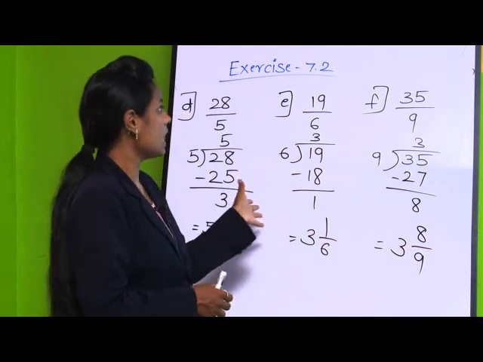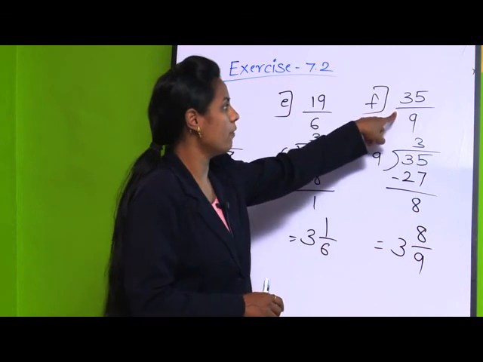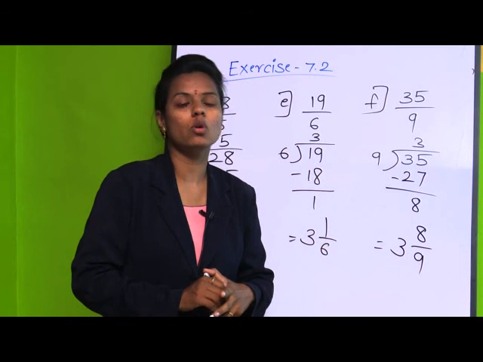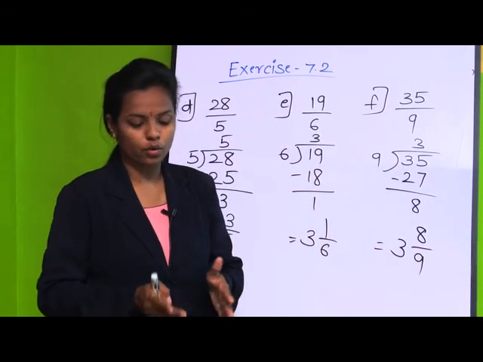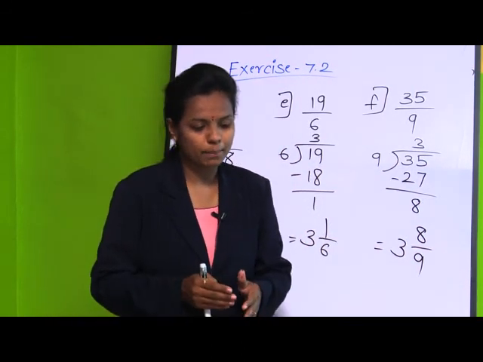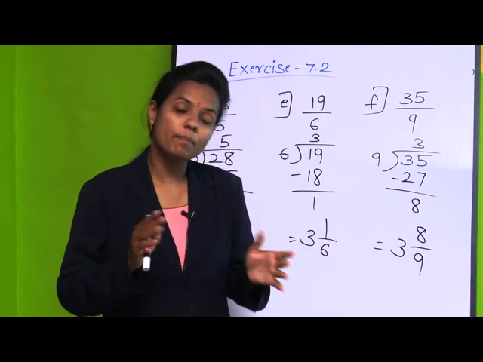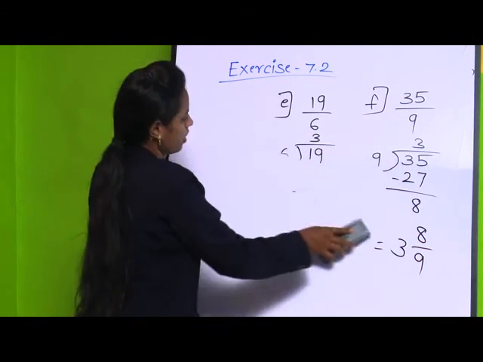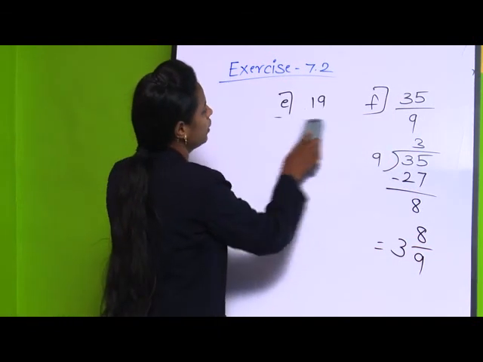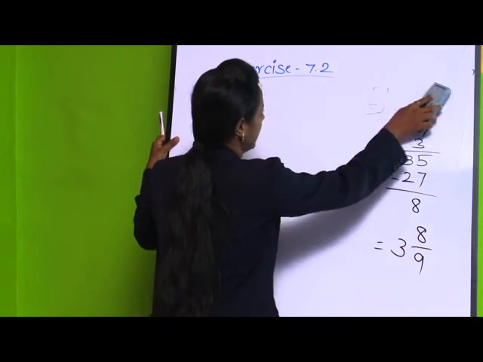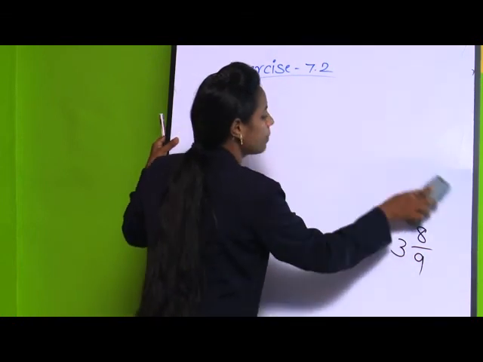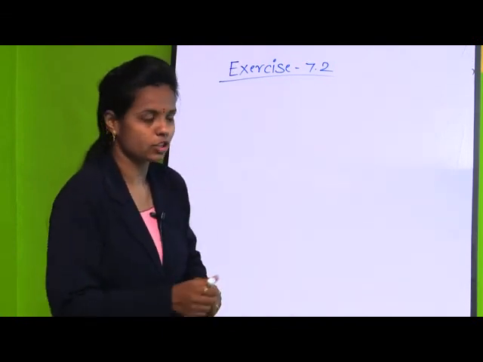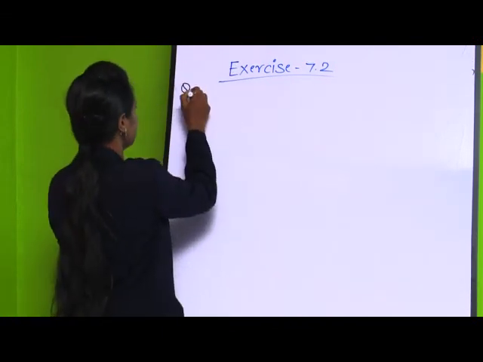Now, these were the examples where we converted improper fraction into mixed fraction. Now, we are going to see a few examples where we have the mixed fraction and we are converting into improper fraction. Let us see that. Whatever we are solving here, you can just solve it by today itself, so you can easily understand the concept. Let us see the next question, that is question number 3.